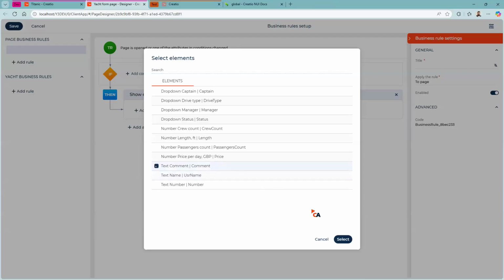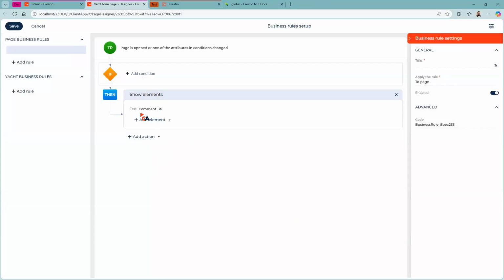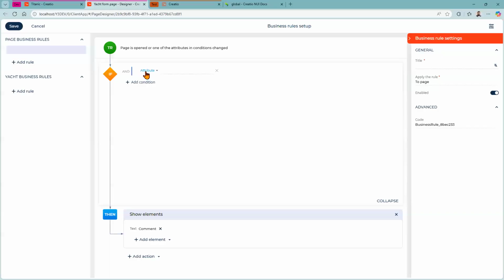So hiding comment. No, showing comment. We will make this by default hidden. So we will only show comment if certain conditions are met. So add condition. And here we have two different items. We have page attributes, like the one that we've used in our code example. And we have data source fields, which either are page parameters if we're working with business processes, or